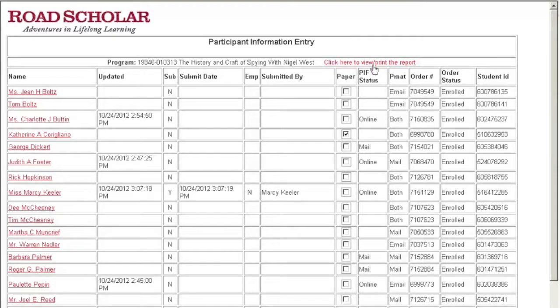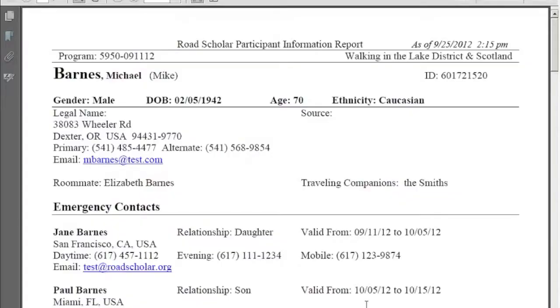You'll click the link up here in the top of the page, and it will launch a PDF report. So all of you should now be seeing a PDF document called the Rhodes Scholar Participant Information Report. It will be time and date stamped, so if you print one last week and you put it on your desk and you print another one, you'll know the difference. Essentially, each participant is listed